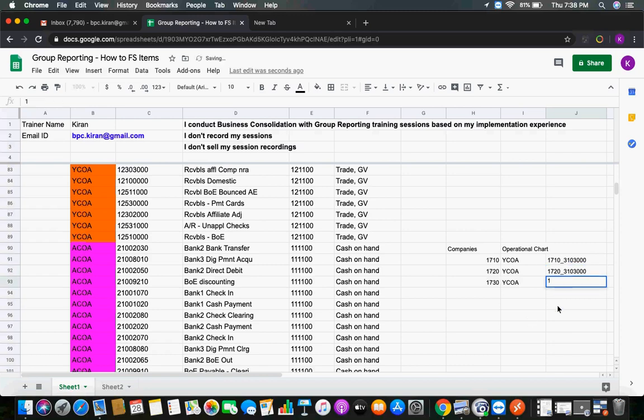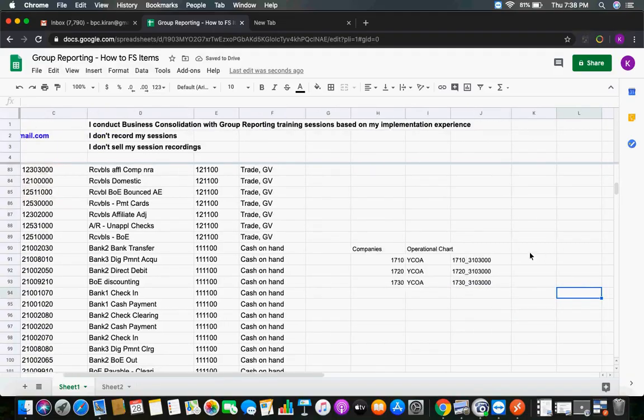This is 1730, and this one is for this company code sales. Now all these three accounts I will map it to one FS item. So my FS item will be here 3140, for example, 3140.